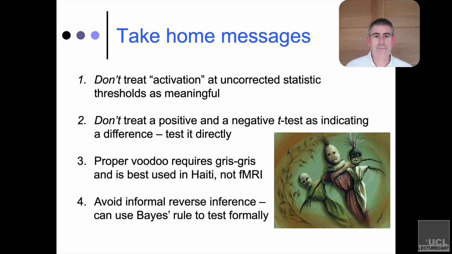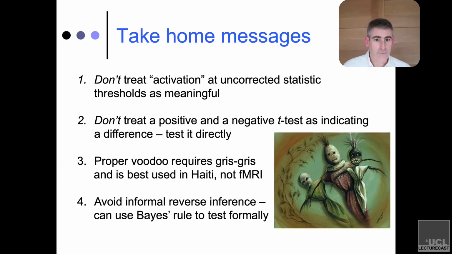Okay, so the take-home messages from this final week of the module are as follows. One, we have to use corrected statistical thresholds when we're reporting our results. When we're looking at our results, when we're trying to understand them, go ahead, use as lenient a statistical threshold as you want. But when you're reporting your results, when you want people to think that this is legitimate and that you've done everything that needs to be done, they have to be corrected for multiple statistical comparisons so that what we're looking at is meaningful. Otherwise, you're in a dead salmon situation.